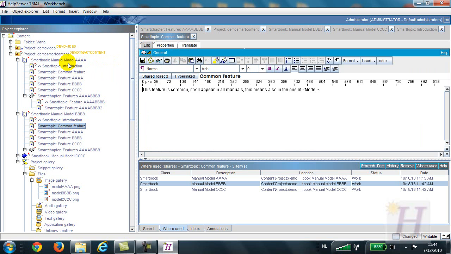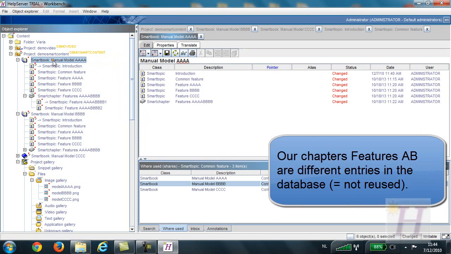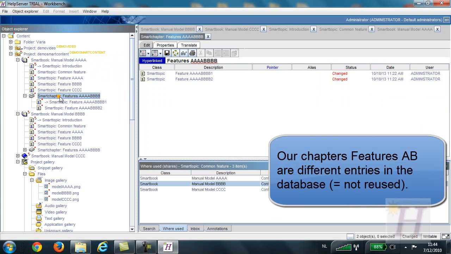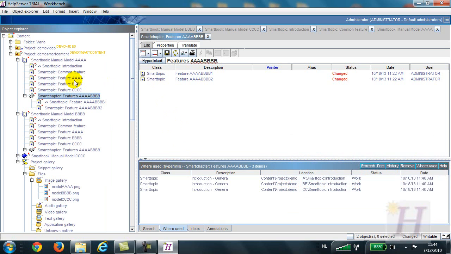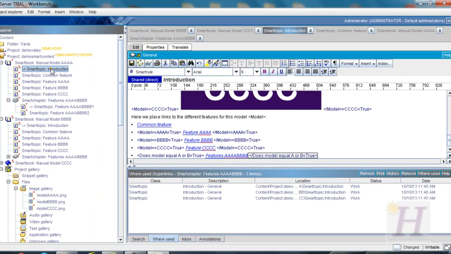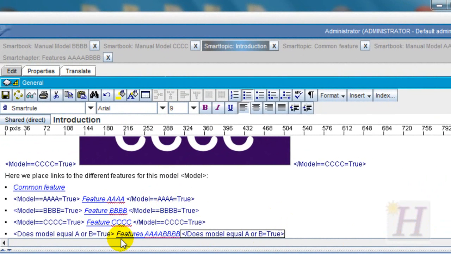Now, you might remember we copied our book and we pasted it as a clone. We reused all the topics, but a chapter is of course not a topic. So the chapter itself is only hyperlinked, but is not the same object in the database. So we have to change this. In fact, we can remove,